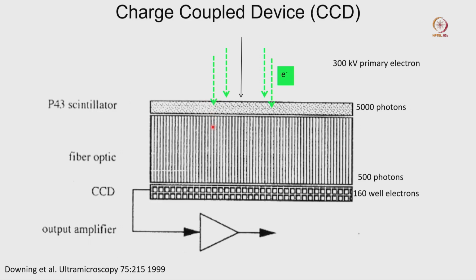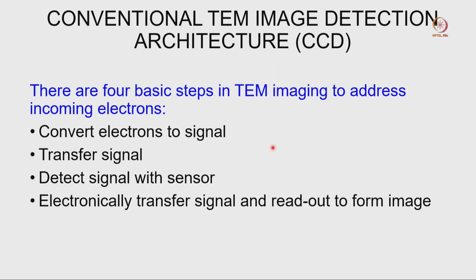If an electron deviates from its path and hits the scintillator, the scintillator will consider that another single electron event, and that will generate a signal again, which will travel in a different direction. Sometimes that kind of signal generates noise. If we look at the next diagram, we can see how the electron hits the scintillator and travels through the fiber optics. So, if we go to the next, what is the major difference between the charge coupled device and the CCD?